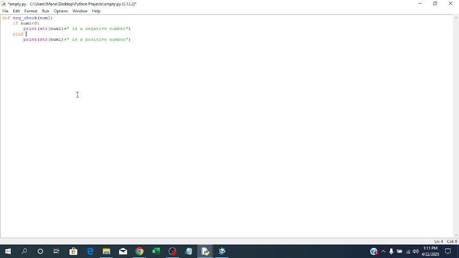And then, num1 is bigger than 0, then print string